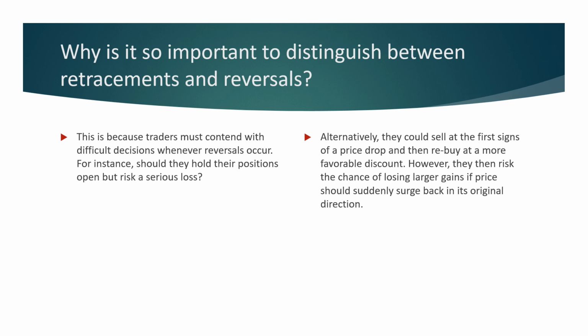Now, why is it so important to distinguish between retracements and reversals? Well, this is because traders must contend with difficult decisions whenever a reversal occurs. For instance, should they hold the position open but risk a serious loss? Alternatively, should they sell at the first sign of a price drop and then rebuy at a more favorable discount? However, they run the risk of losing larger gains if the price suddenly surges back. They have the cost of a spread, so you have to pay to sell and pay to buy,